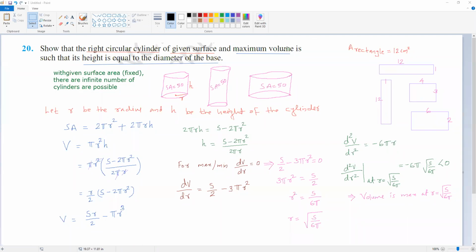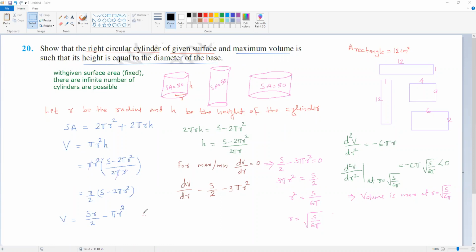बट हमारा क्वेश्चन उतना तक नहीं था. हमारे क्वेश्चन में यही बोल रहे थे कि volume is maximum when height is equal to the diameter of the base. That is what we need to prove. Okay. So we have to find the height. So इधर आपके पास height, therefore, तो इधर लेफ्ट साइड में मैं लिखूंगा थोड़ा, therefore स्पेस नहीं है इसलिए